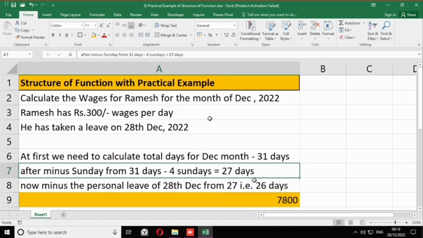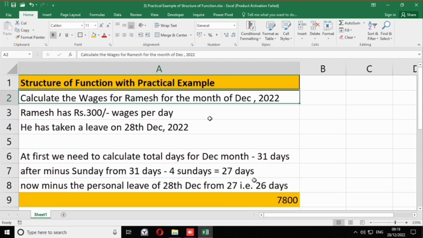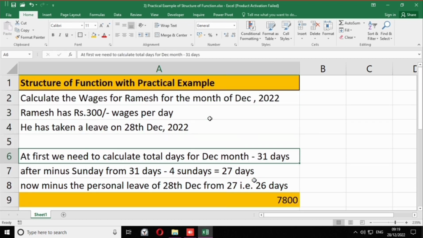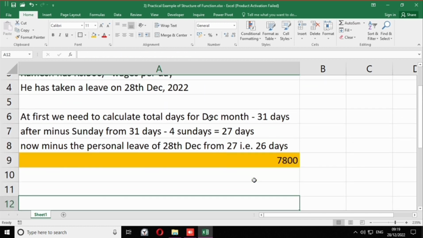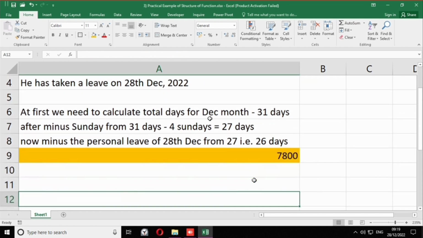Now if you observe this total task from start to end, at least 5 minutes are there to calculate the total amount of wages. This is a little bit time consuming task, and we need to worry about human errors, human mistakes also while calculating days. Like if I calculate for the Feb month, there might be a chance of mistake, because only 28 days, or in a leap year only 29 days, are available in Feb.